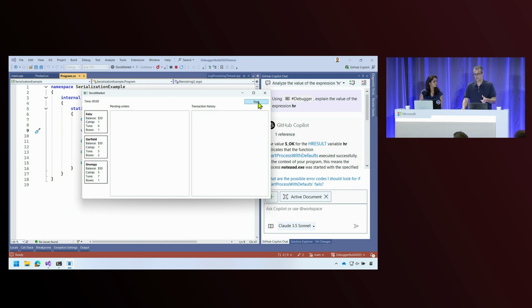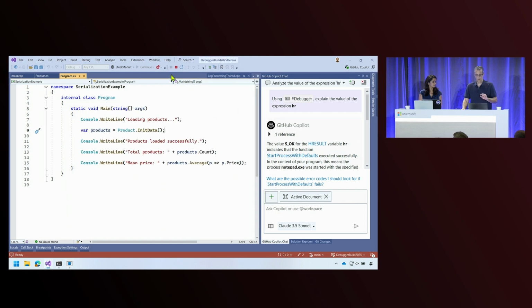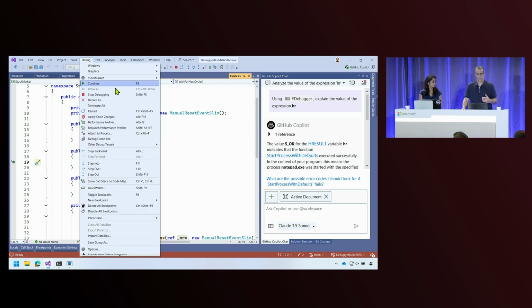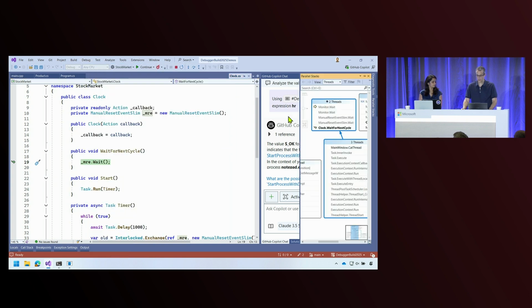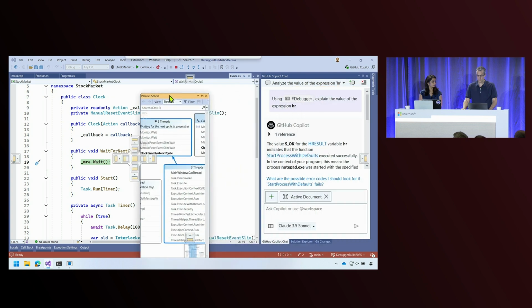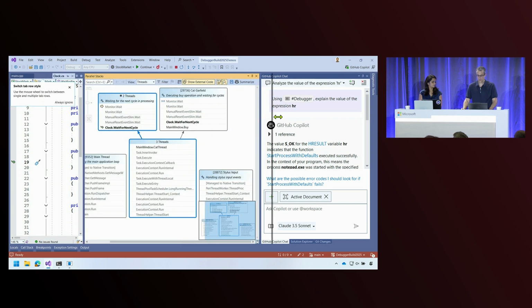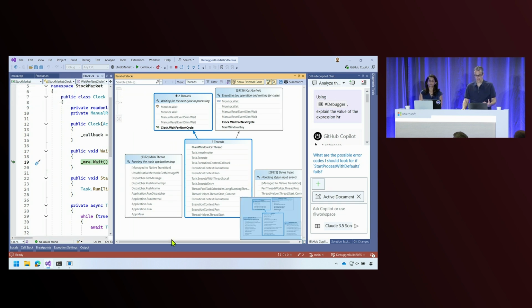So I'm going to go ahead and start the application, but before we get into the deadlock state, I want to pause the application and show you how you can use the Parallel Stacks window, and how you can use the Copilot functionality to get a sense of the current state of the multi-threaded app you're debugging. Okay. Let me bring it here. All right. So as you can see in a multi-threaded app, this view can get quite busy because you have a lot of threads that are in the process of doing something.